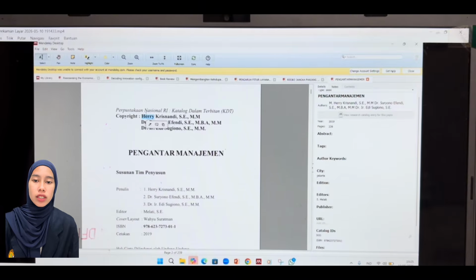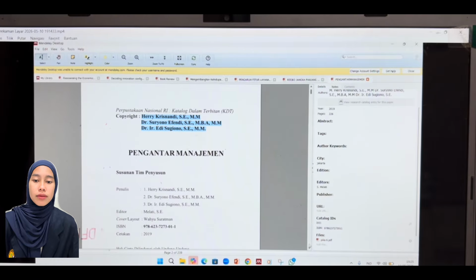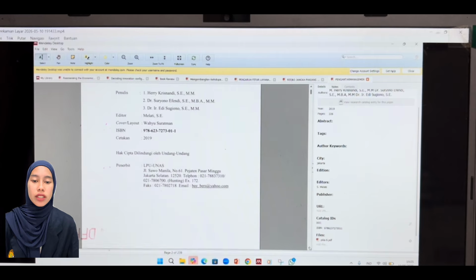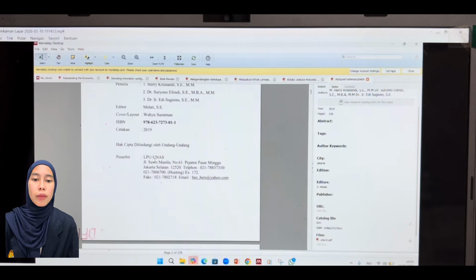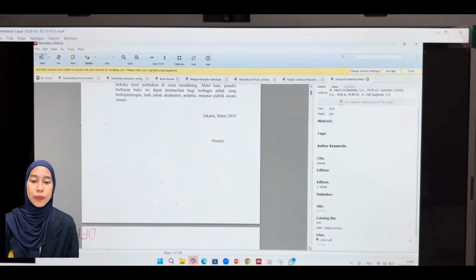This ensures our citation is perfect and follows proper scientific writing standards. Then, we look for the grand theory, Mendeley theory, applied theory, according to your research title concept.